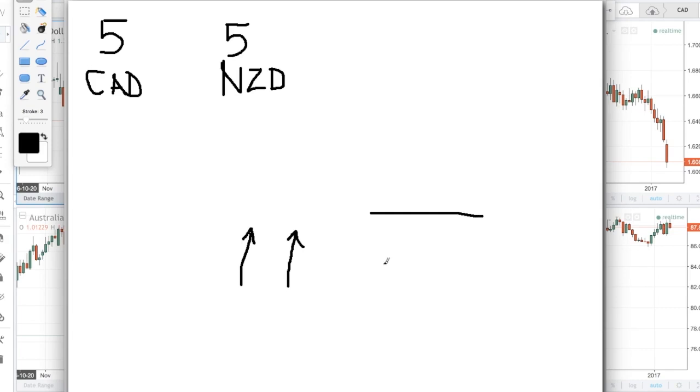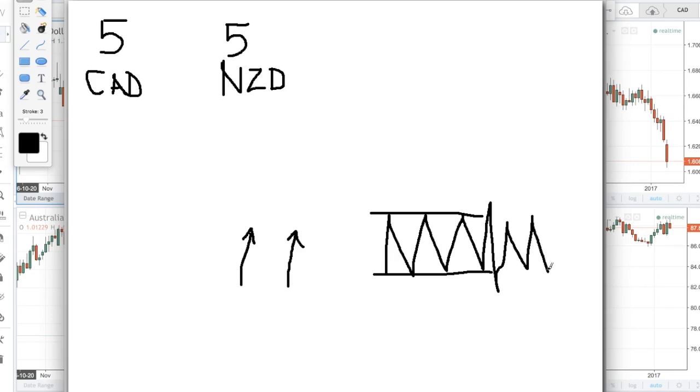Okay, a range is a representation of strength on both sides. It means equilibrium. No higher highs can be made because of so much power. No lower lows can be made because of so much power. So both parties keep kicking in. So on the higher time frame, on your daily, you're going to see a range starting to develop. Stuff like that, so, little tails and stuff up and down,